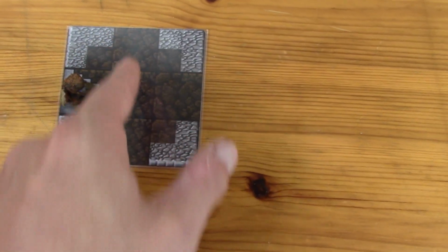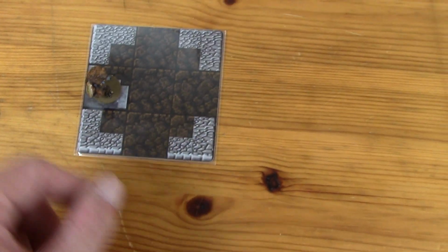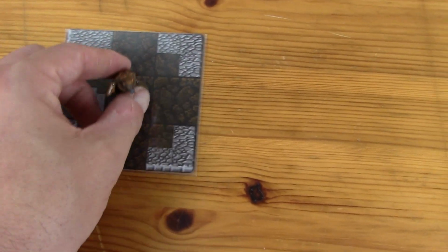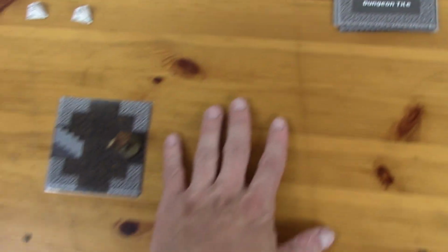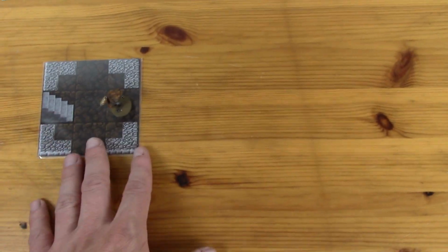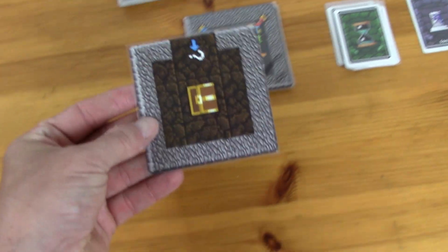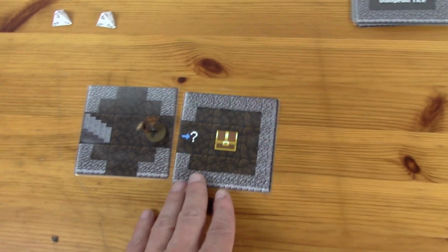So basically we have only these 5 spaces that are accessible here. So we move 1, 2, and you can explore the next tile if you have movement points left. It doesn't cost you any movement points to do it, but you must be able to enter the next tile. So we got 2 movement points left. That means we draw the next tile, and we can see here